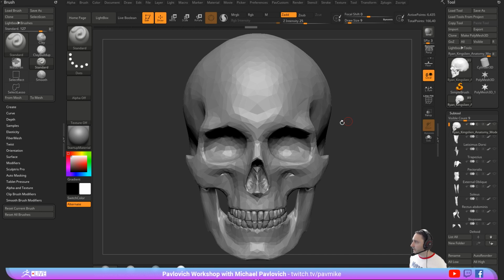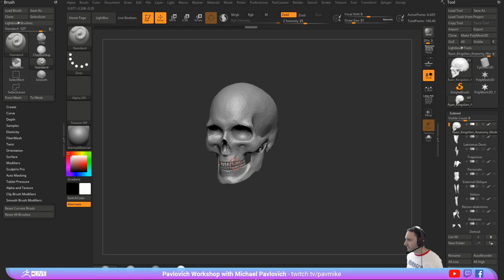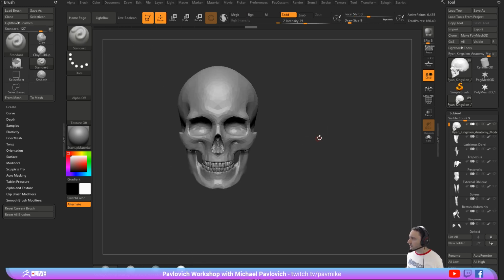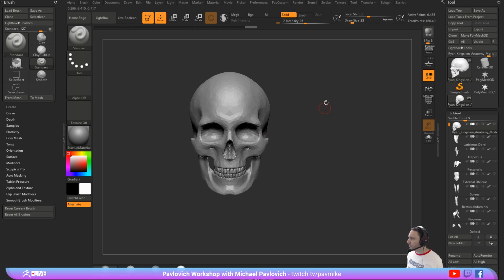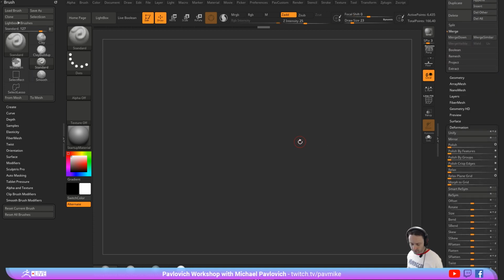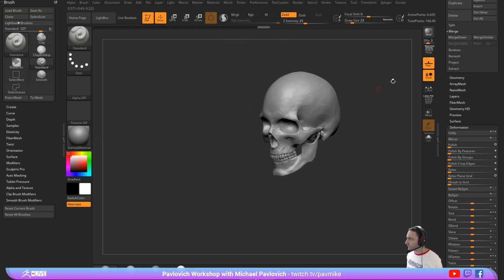If you needed to make changes to this skull, you could Dynamesh it, but it's going to make all of these things kind of stick together. So we'll play around with that a little bit, I suppose. If we wanted to refine this skull a little bit, first thing I'm going to do is hit Deformation and Unify just to stick it right down into our axis, right in the middle of our scene here. So if we turn on our floor,